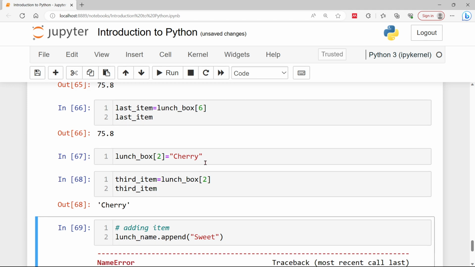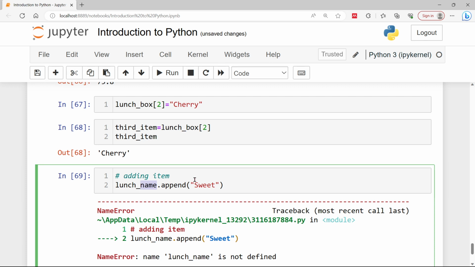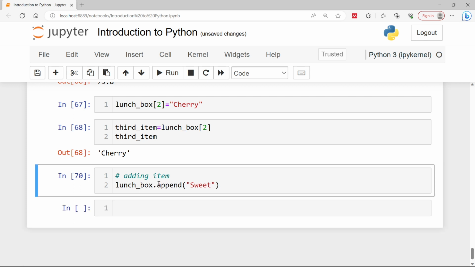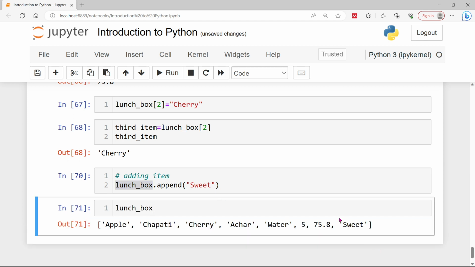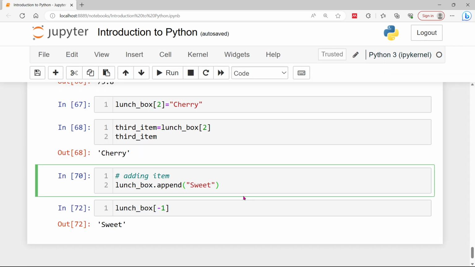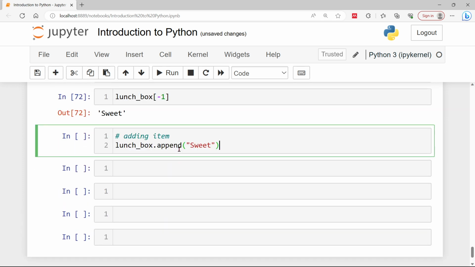Okay, the name is lunchbox, right? So if I try to print lunchbox on the screen, you will find sweet at the last, which was just added to my item list, right? If I write the last item with -1, it will give sweet only, which is the item just added. If you want to add an item at a particular index number, you can do that also, right? Using the insert method,